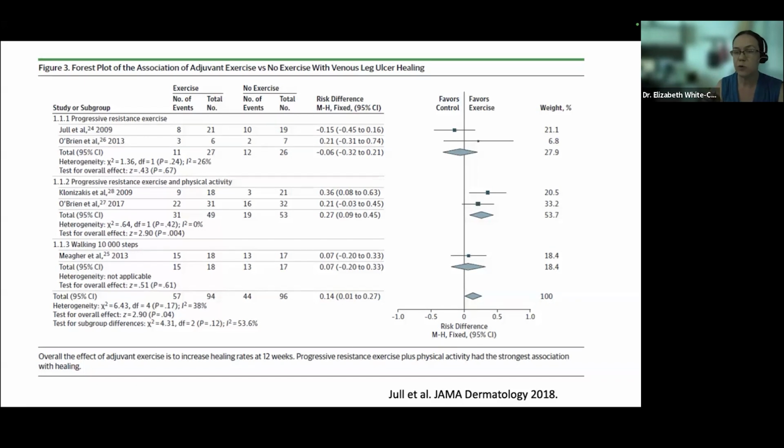But what really moved the needle is if they did both. So every time I'm seeing the patients, I talk about my homework, which is figuring out other underlying issues and the right compression, and making whatever wound product that I choose to do in the debridement. But their homework is figuring out exercise, walking, and the progressive resistance. I'm constantly asking about how they're doing on that.